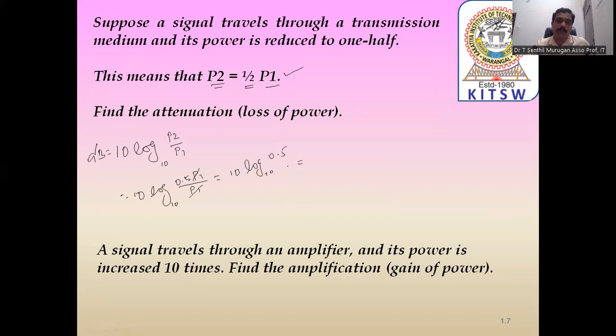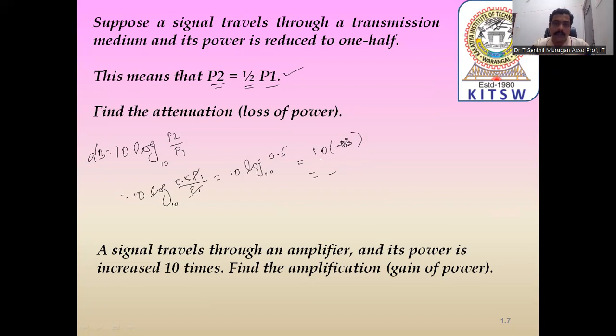What is the 0.5 value? Log 0.5 value. So 10 to the power minus 3, minus 3 is the 0 point value. Log of 0.5 value, so finally, what is the value? If you are multiplying it, 3. Okay, so 0.3. Sorry. Log of 0.5 value is minus 0.3.